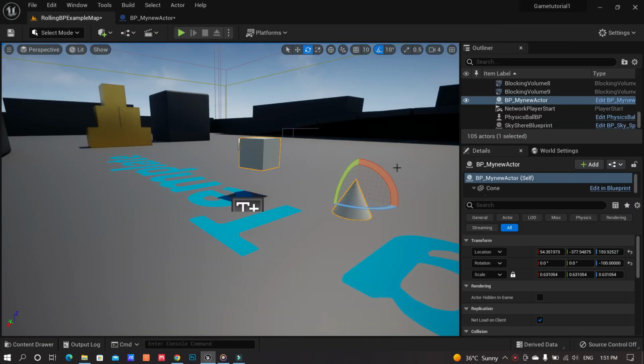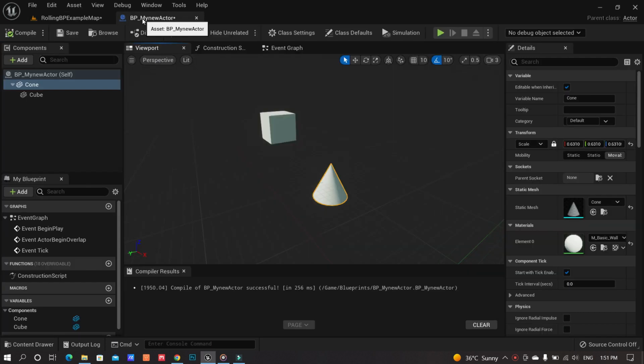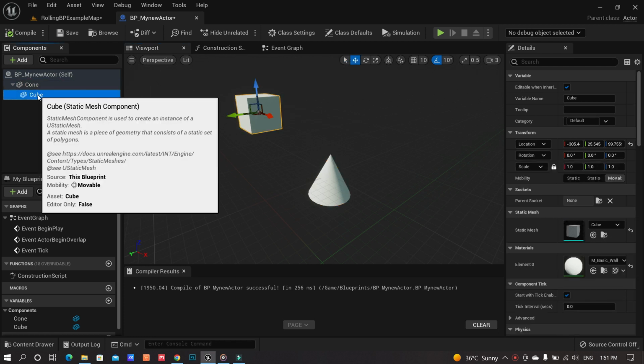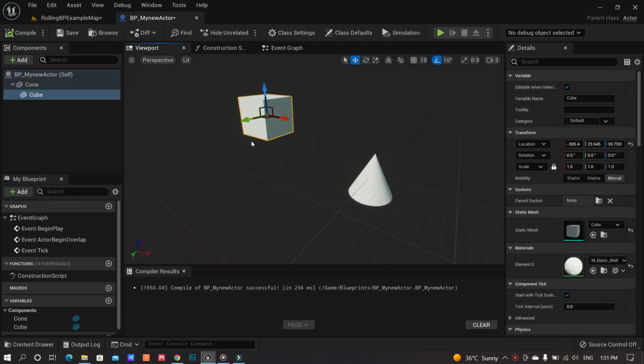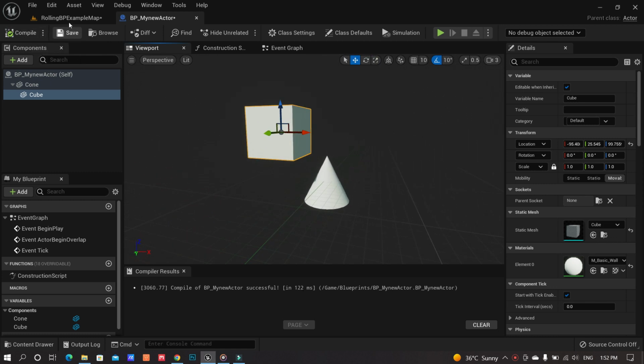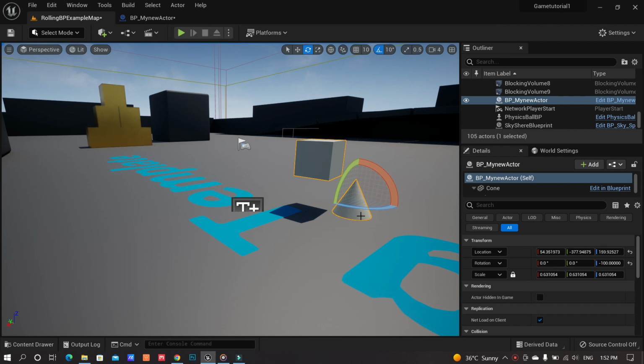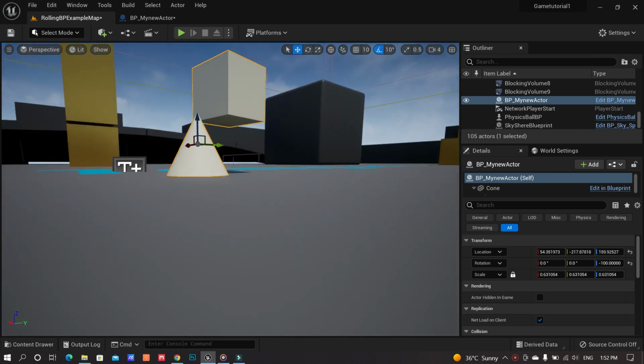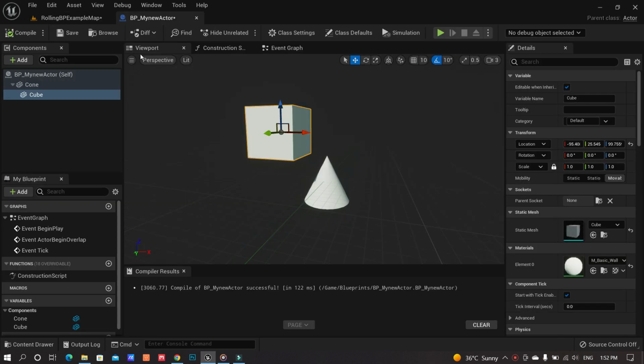So let's get into more details now. If we go to our BP actor, blueprint actor, we have made our cone and cube a parent-child relation. Let's just get a little bit more of a look and feel for it. So here we have, and let's just move it around a little bit here, and just place it in this case. So let's go back.